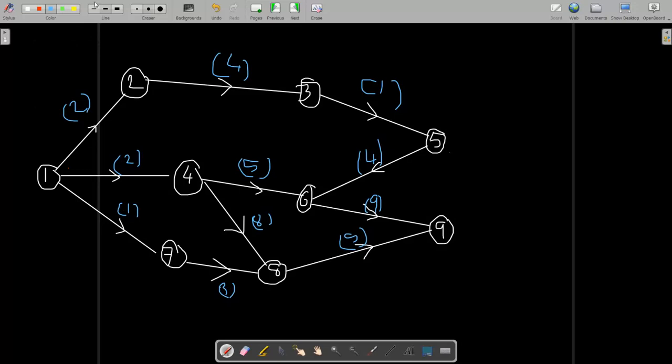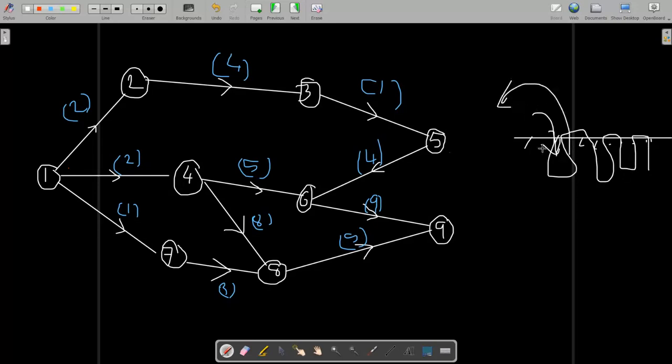Okay, now each activity has some starting time and end time. For completion of a project, like you want to make a house, your first activity should be to dig. This is your land area, so first you have to dig the base, the main foundation, and take out the soil outside. So your first activity 1 to 2 is digging up the land and taking out that soil to make our concrete foundation.